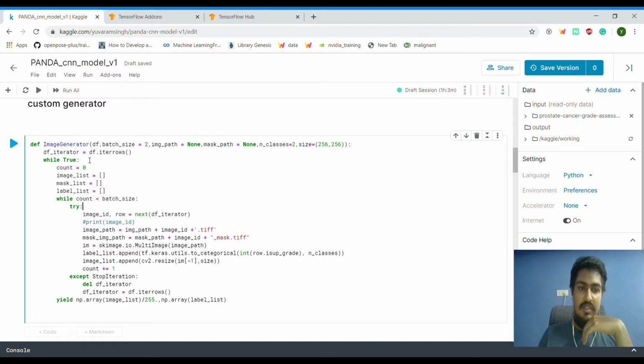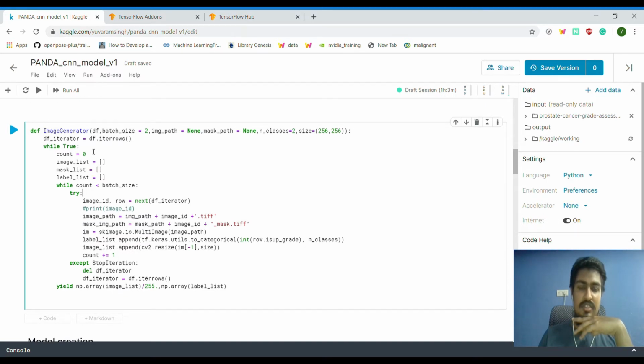So I just went ahead with writing a generator which will just yield the image array, and then the label which is required for training the model.